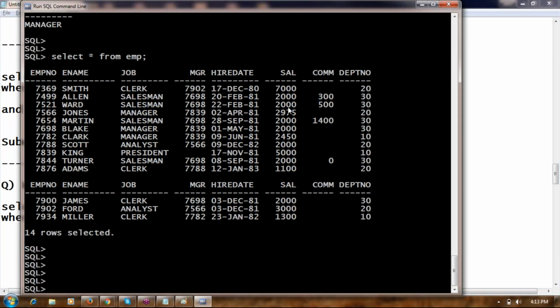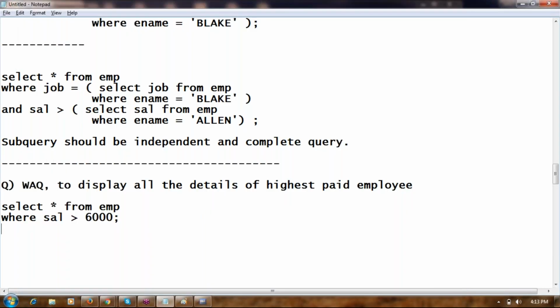Assuming there are other employees who are having 6,100, 6,200, even those rows you get. Is it? Yeah, Dilavar?